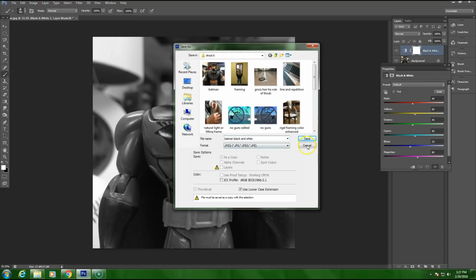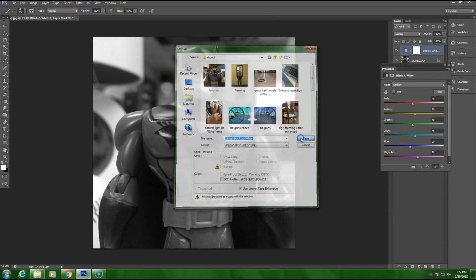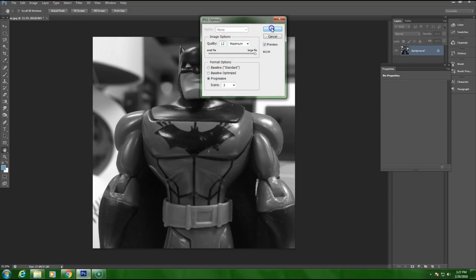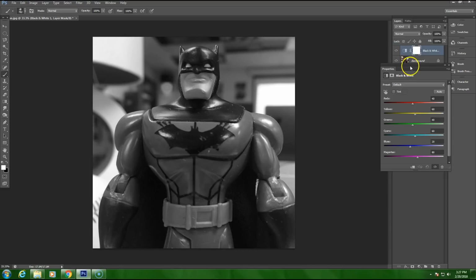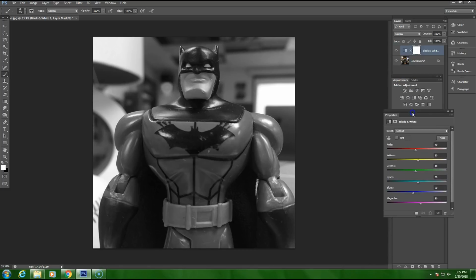Black and white, and I can go ahead and save that. Maximum quality, of course, until we can't. So that's that option. If I take that layer away for a second and then say I need an option,